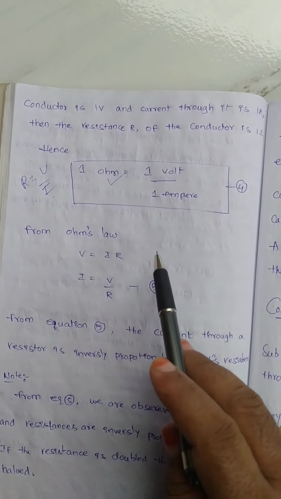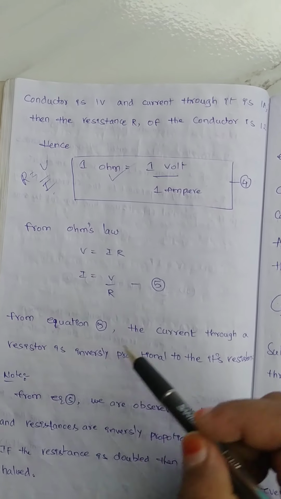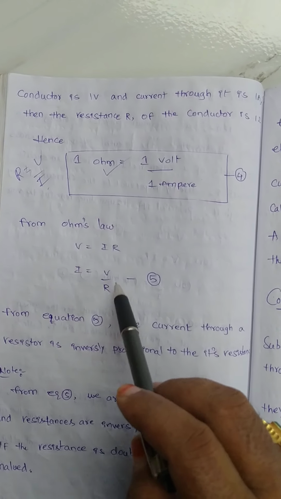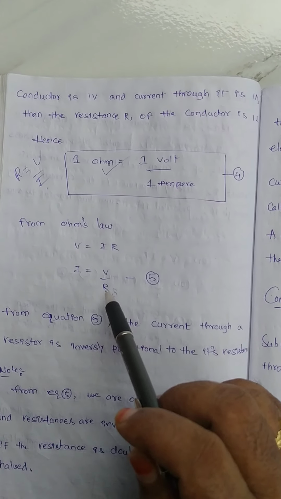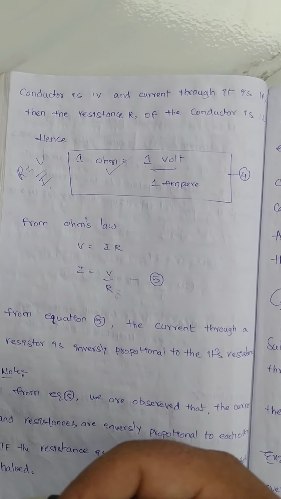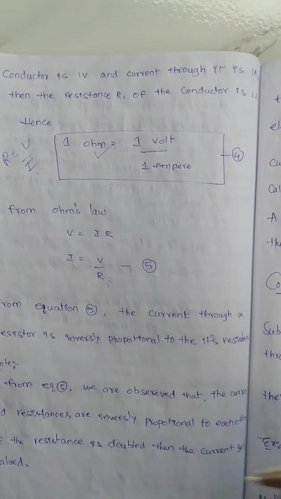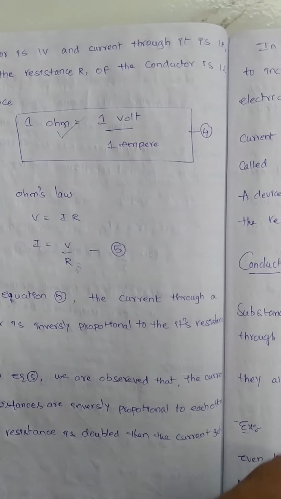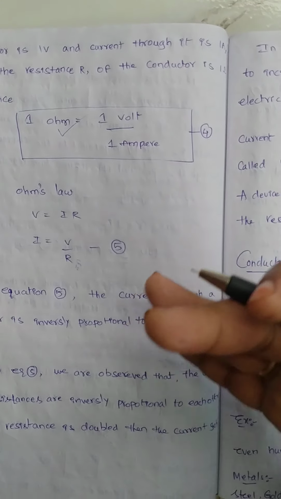Then from Ohm's law we have one more formula also. V equals IR, then we can write I equals V by R. From this observation we can easily tell I is inversely proportional to R, right? If you increase the resistance, the current will decrease. That I told: resistance itself means it opposes the flow of current or the flow of charges. It does not allow the flow of current, it opposes. It is opposite to the flow of current. That is the original meaning of resistance.